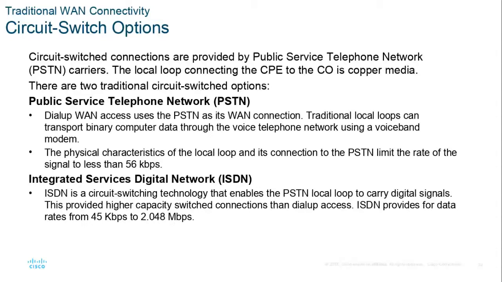And if you hook a Hayes modem to that, you can get about 56 kilobits. The phone company for many years has offered a service called ISDN, Integrated Service Digital Network, which we can get about 128 kilobits over that same old squirrel-chewed 100-year-old copper cable that goes back to the central office. And that for many years was a higher speed alternative to a Hayes dial-up modem. But it's circuit switched.